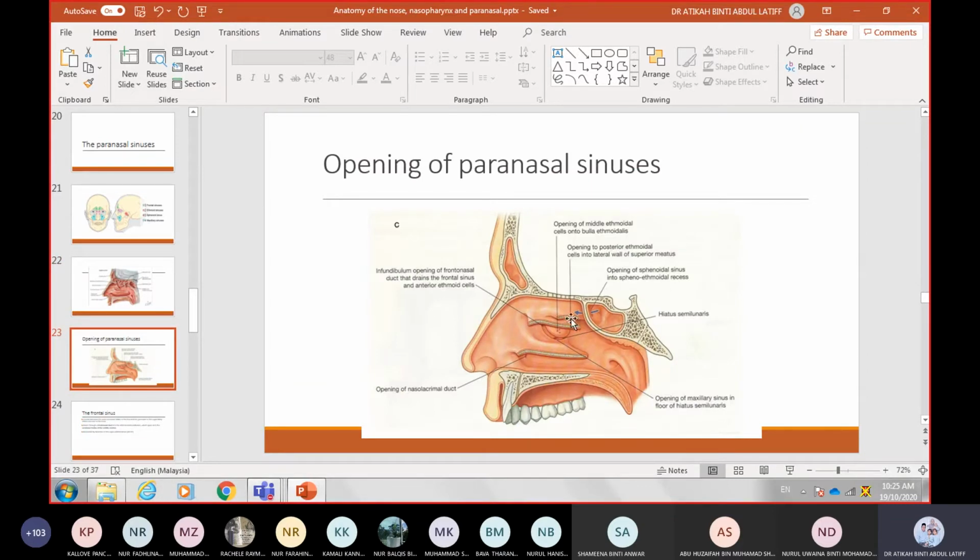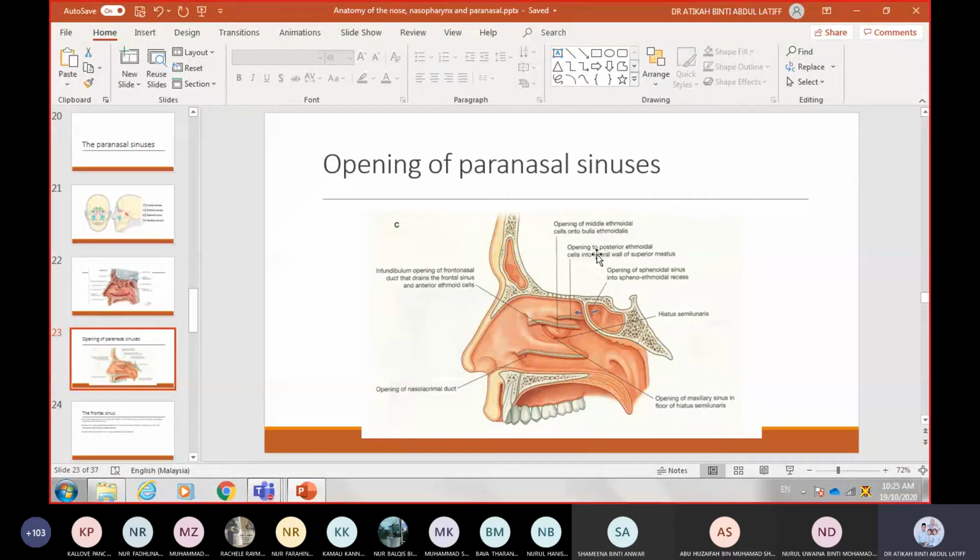So where are the openings of the sinuses? Remember your concha, so this is the superior nasal concha, middle nasal concha, and this is your inferior nasal concha. Behind the concha, the conchae have been cut in this picture, so you can see the meatus inside. So this is all the meatuses. The meatuses are where the paranasal sinuses open. So here in the superior meatus,